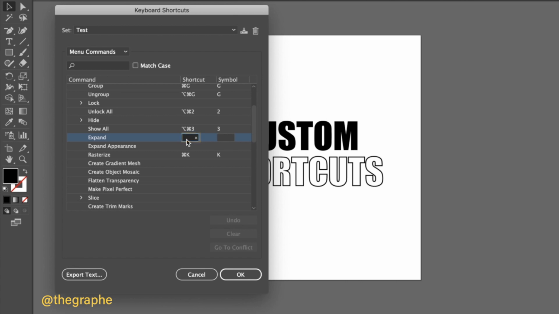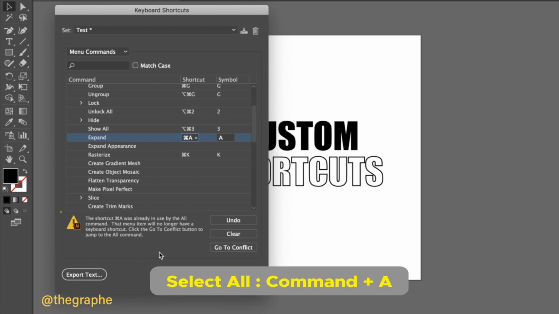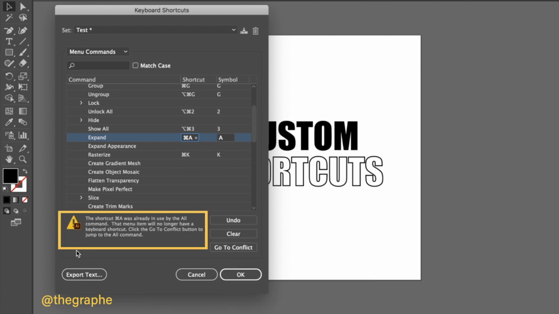and just fill in the space with your new shortcut by clicking the keys itself. Here, let's take Command A or Control A. But if it's something that Illustrator has already assigned to another option, it is gonna give you a alert at the bottom as you see this one. So you can't use it for your shortcut. Now let's just delete this and see if we can find a new one.